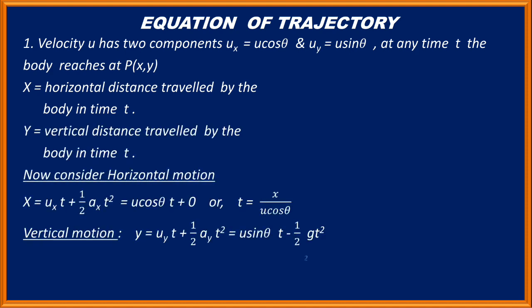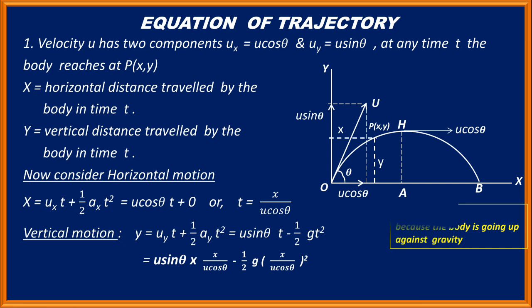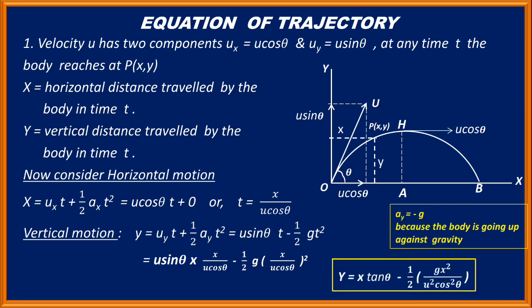This derivation is from chapter projectile motion. So first of all we are going to find the equation of trajectory. Here you can see in the figure a body has been thrown with velocity u at an angle theta with the horizontal. Here velocity u has two components, one along x-axis, that is horizontal side, and another along vertical side. So along x-axis the component ux equal to u cos theta, and another component of u along vertical is uy, which is u sin theta.